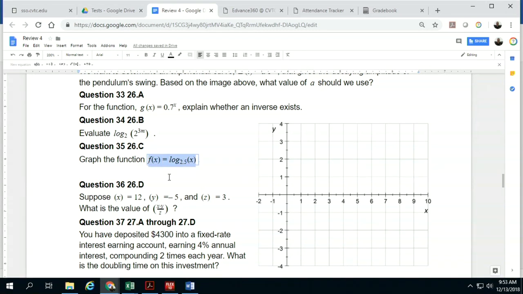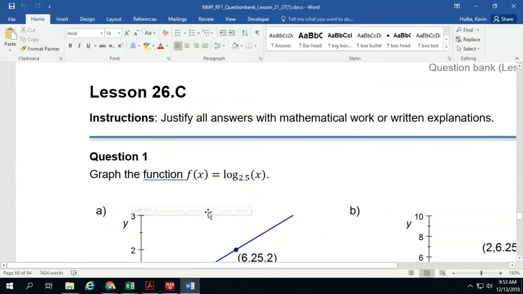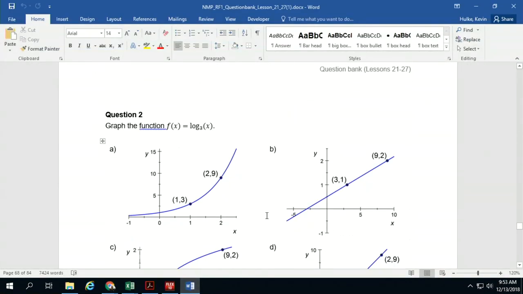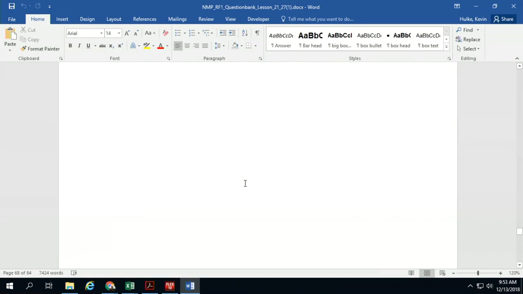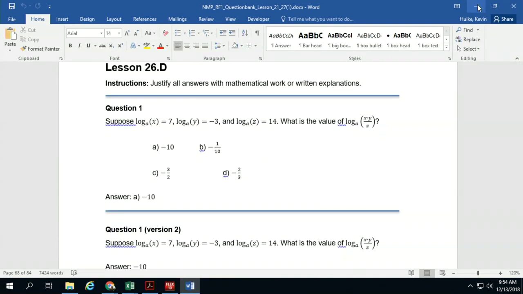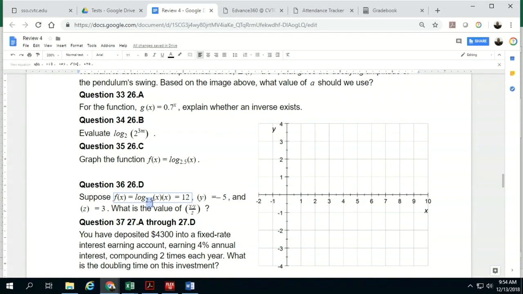It should say, for this first one, f of log base a of x is 12. Making changes, please. Also,